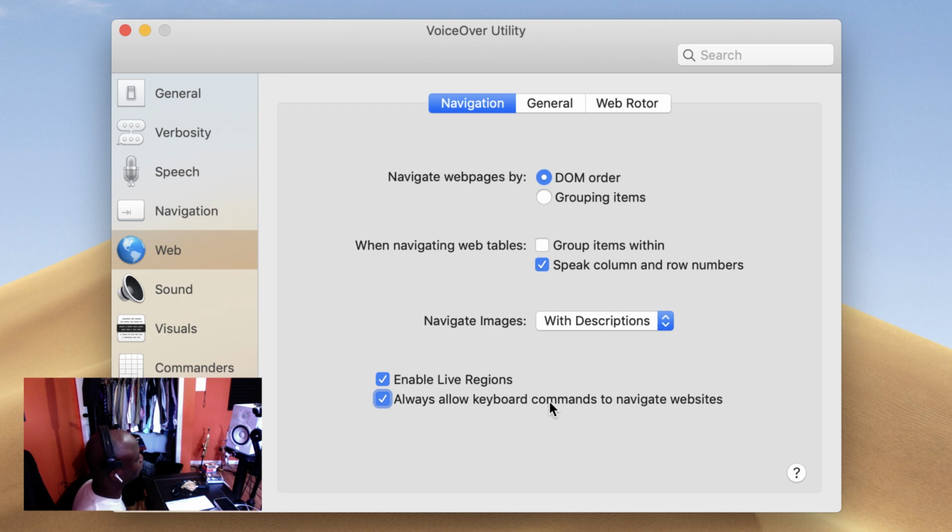Always allow keyboard commands to navigate websites. Checkbox. I like this because of quickly jumping from one form element to the other. I don't really have time to be going through every word, and I might just automatically know I'm looking for the submit button, so I'll press the letter B and jump down. I'll press the letter F if I'm looking for a form field. I'll press the letter L if I'm looking for a particular link, or V for a visited link. That's the reason why you would use